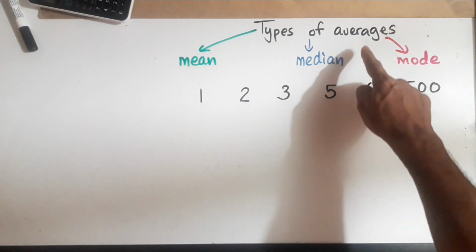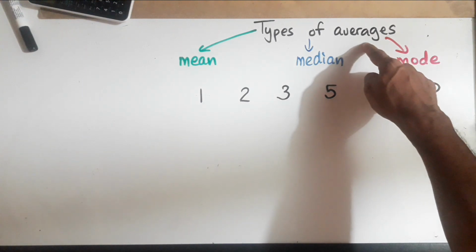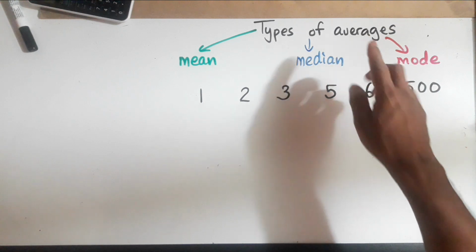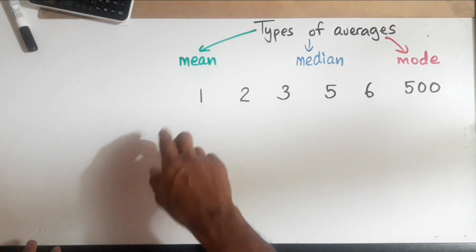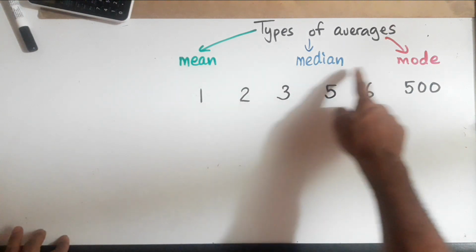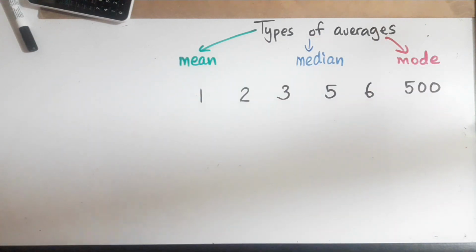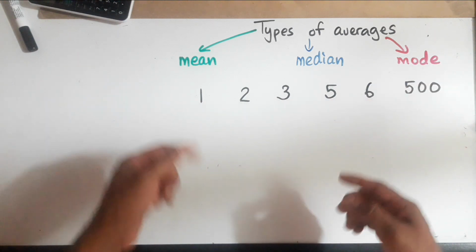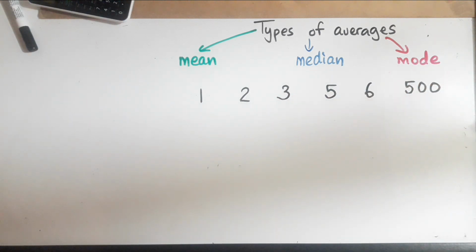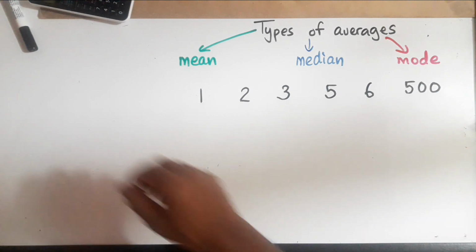First of all, remember in the previous part of the video, I said mean and average are not the same thing. There are different types of averages. The three you're going to meet on the CXC syllabus are mean, median, and mode. A question the examiner can ask is which of these three is best suited to express the data as an average. So A could be mean, B could be median, C could be mode, and D could be none of the above.